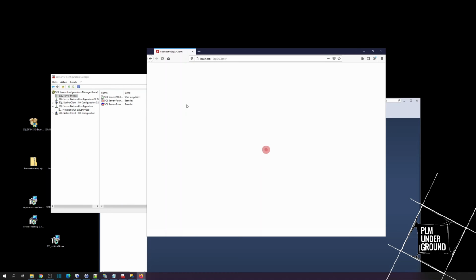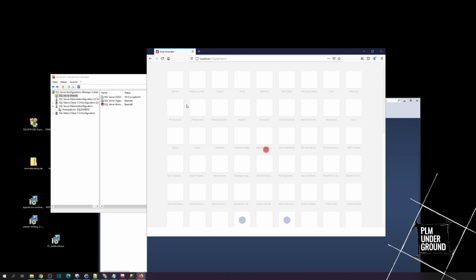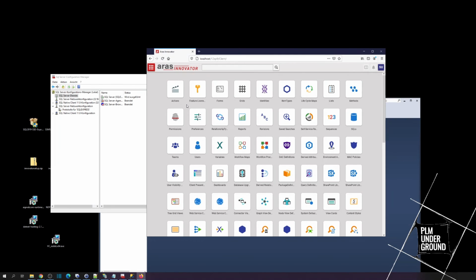But my installation should not be a reference for speed, because I really don't have a real powerful server. So it is just my private PC. It's already around, I think, 7 years old. It was quite powerful 7 years ago, but right now, well, it's pretty outdated. And also when you log in to Innovator for the first time, things can take some time. But hey, this looks good.